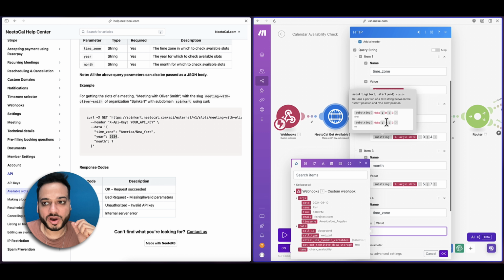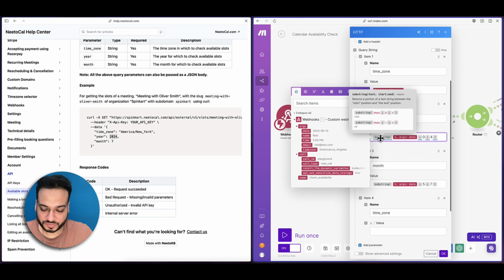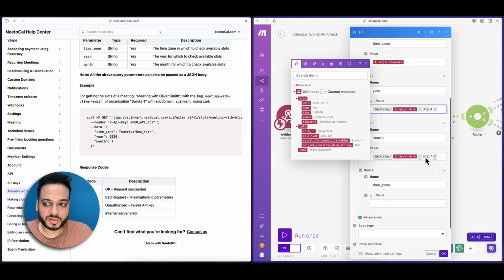Okay, so what we do is we put the same logic inside our date. We have to only cut the first 4 digits from our whole date to get the value of our year. So we do substring, we put the whole date and we put the logic 0 to 4, which means we only cut the first 4 digits from the whole date. This will do the job for us. And similarly for the month, we just have to cut this 08 part out of the whole date. So we do the substring and we do 5 and 7, which means it will take away everything from this string and the output would be only 08, which is our month.